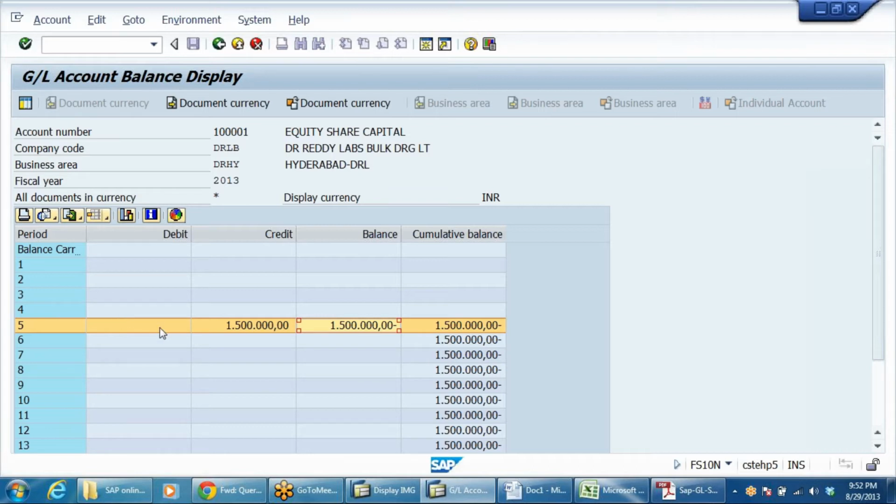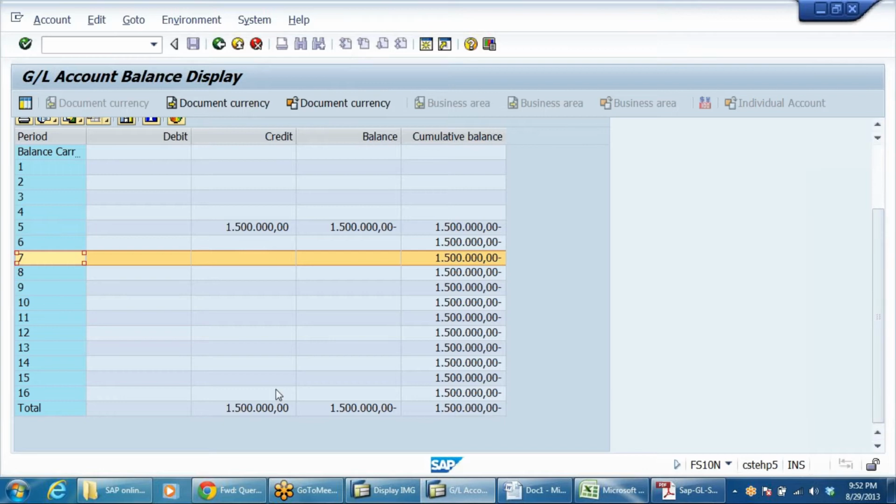Just wait. So this is the balance, and here period 1, period 2, period 3, period 4, period 5, 6, 7, like this the system is showing up to 16 periods. Now we have posted the accounting entries in period number 5.